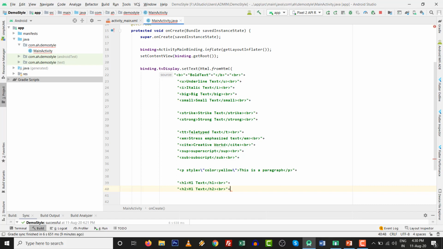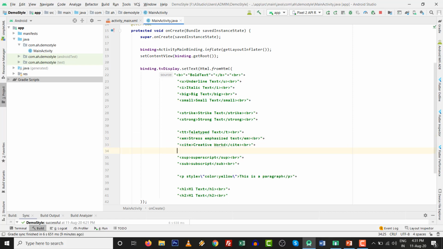So I think it will be helpful for you if you want to set multiple styles within one single text view. So teletype text, strong text and cite, all those things we have already done with this one. I just press Shift F10. Let's see what happens at the output.